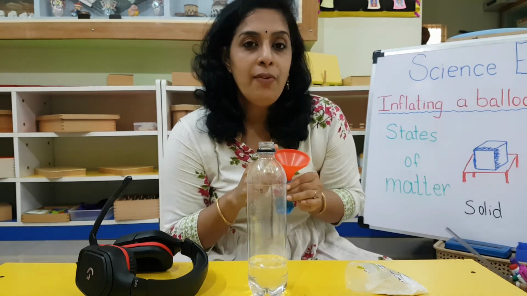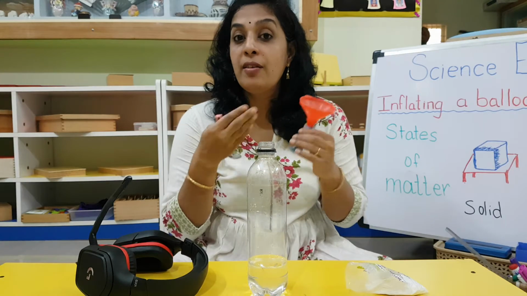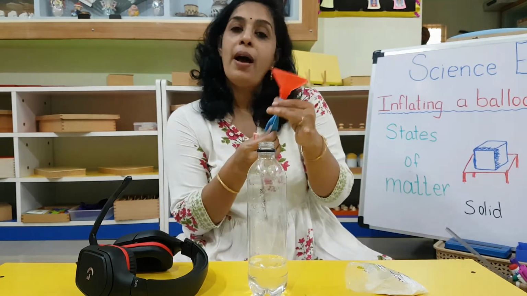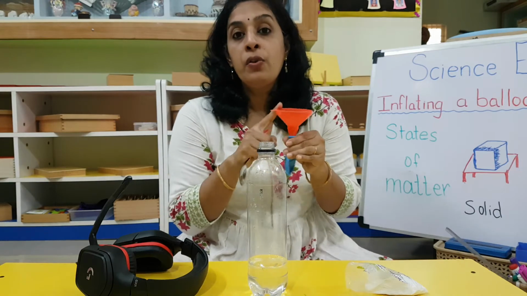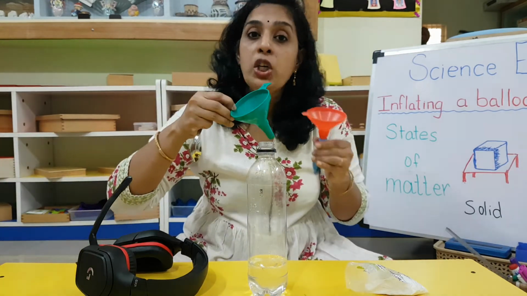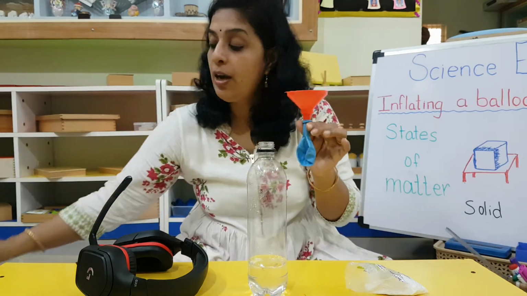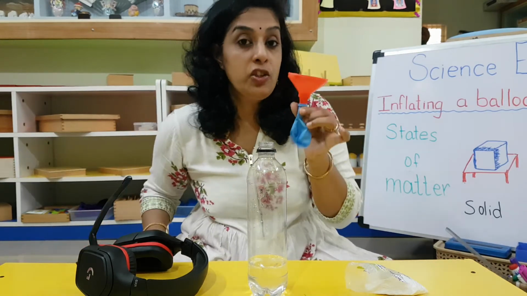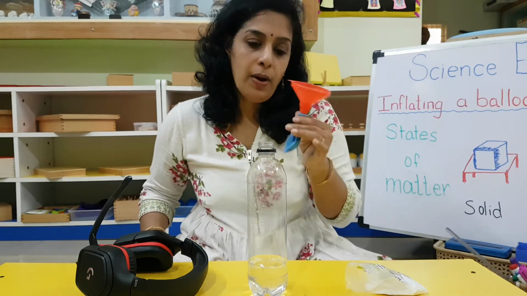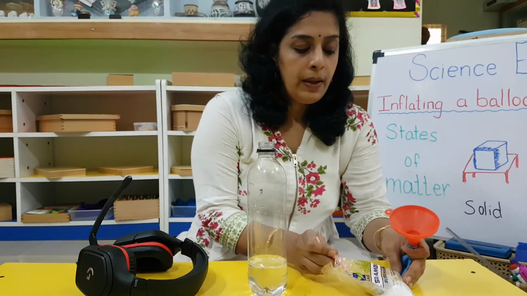In the Montessori environment, when you want to transfer rava and all, how are you doing it? You are using a funnel, right? Okay, so now I am going to use this funnel. If you are using the same funnel, you have to wash it and dry it, and then only take the next one. It has to be clean and dry. But I am using another one. Okay, so let's get started.